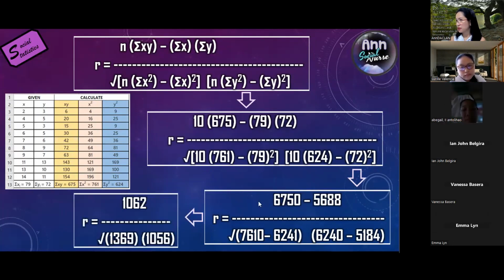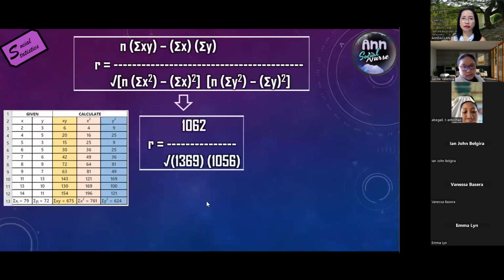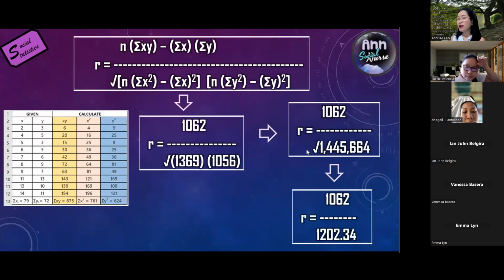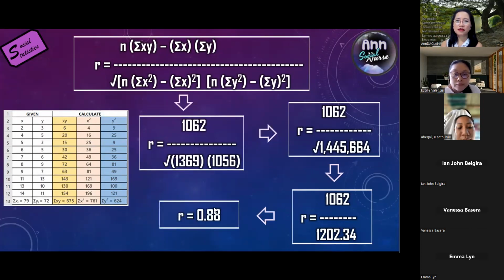To continue, you have now 1062 over the values of this. You continue, you're going to have multiply this, and you have this result in a million, over a million. And you obtain the square root of this. You have 1202. And now it's time to divide, the final step. 1062 divided by this, and you have the value of r, which is